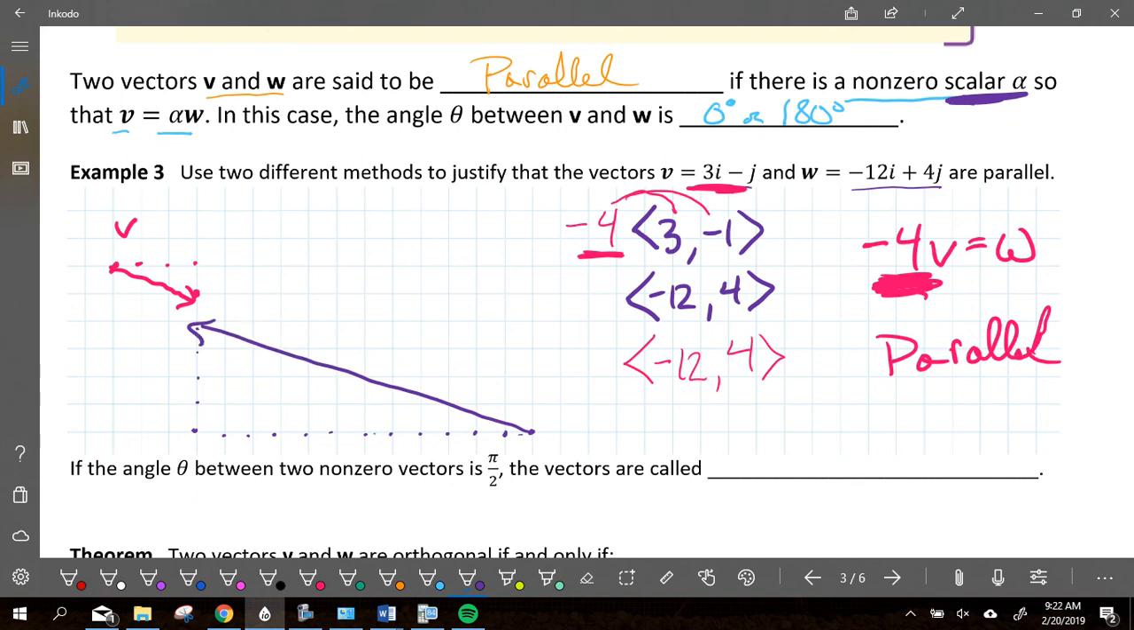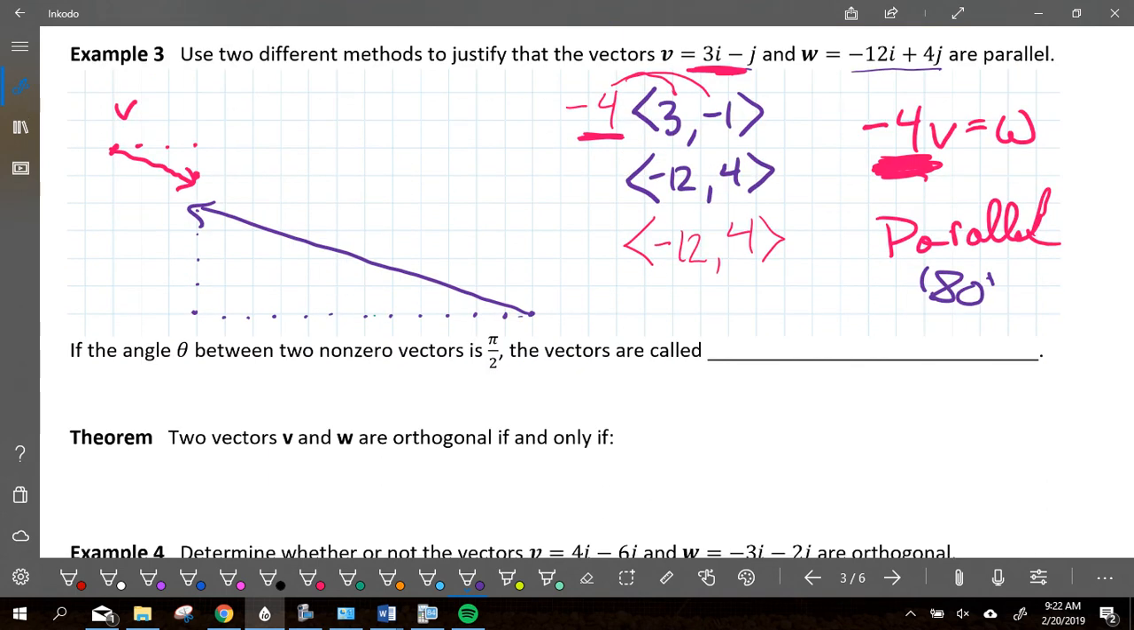Do those two lines look parallel? It's because they are. What's the difference between the two angles? 180 degrees, because one is going one direction, one's going the other direction. So that's parallel. If the angle between two non-zero vectors is pi over 2, what angle is that in degrees? 90 degrees. The vectors are called